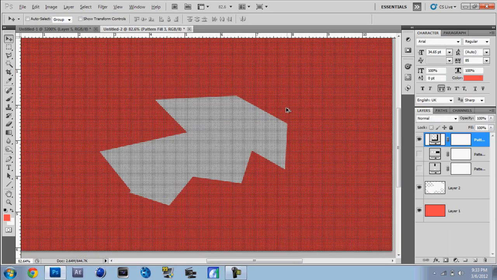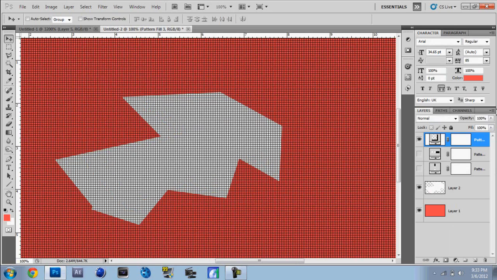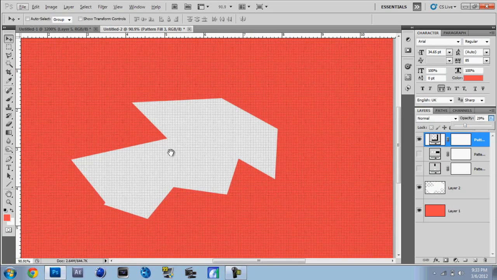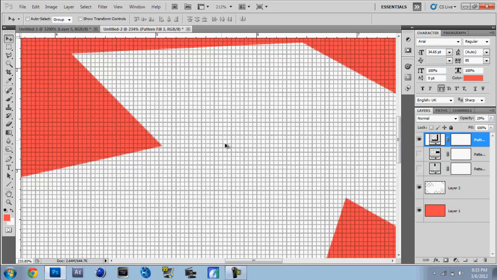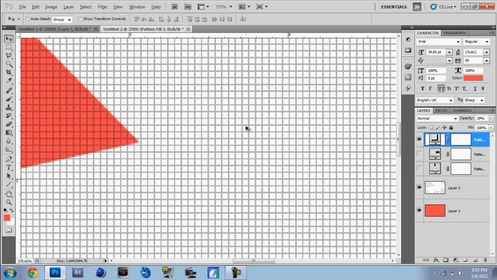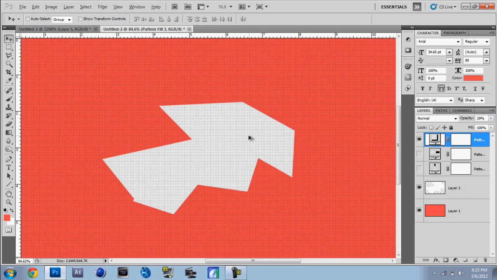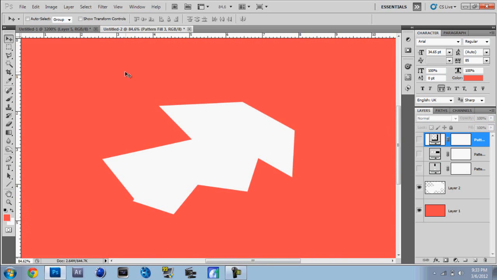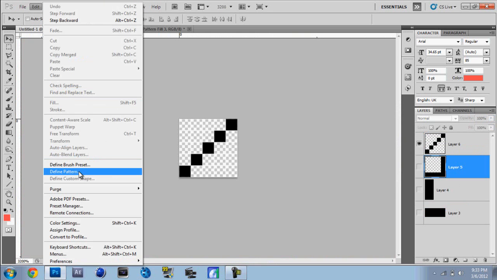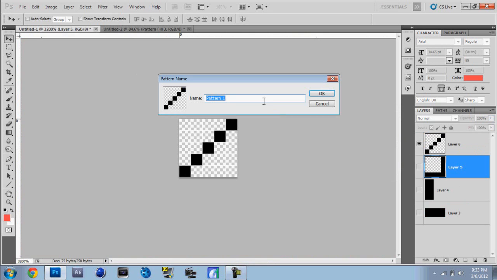So okay, you got your squares, and what you do now is change the opacity again, and there you go. You got your squares like that. You see, it makes a full square because you have one edge, but it keeps repeating and completes the whole square. So you got this now, and I'm gonna make the last one, which is the diagonal line. These are the most common patterns you can use, and I think the best. But you can also use this for